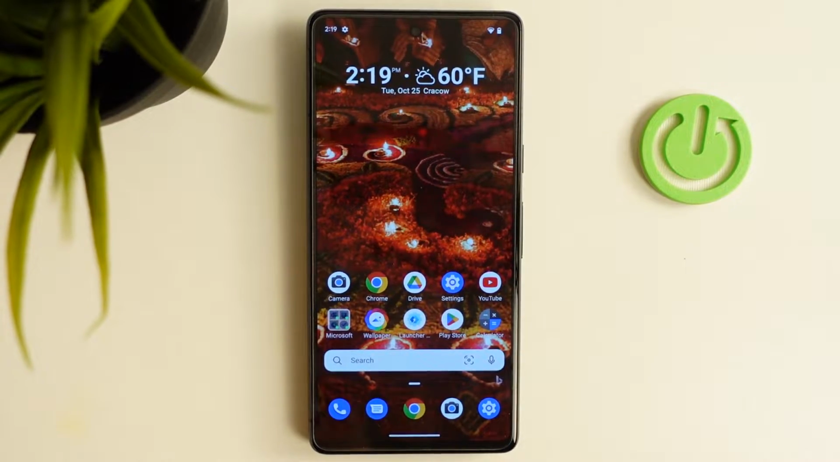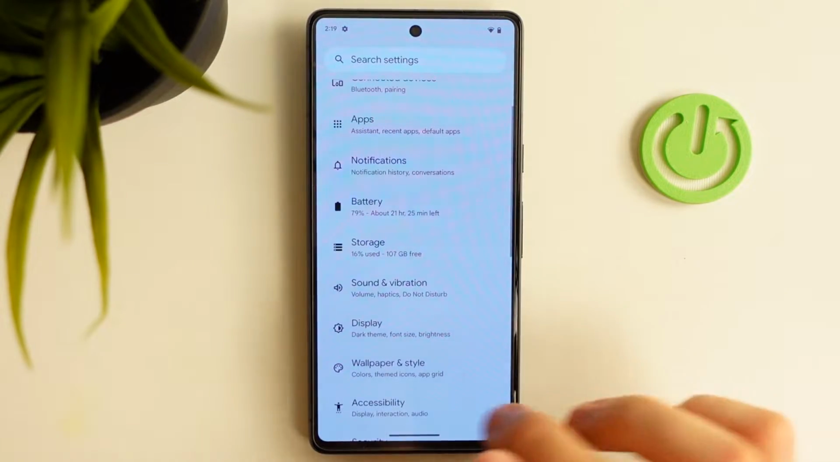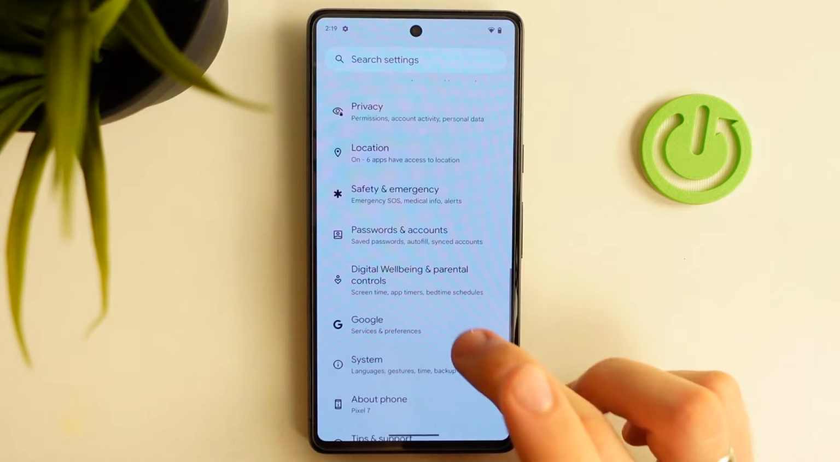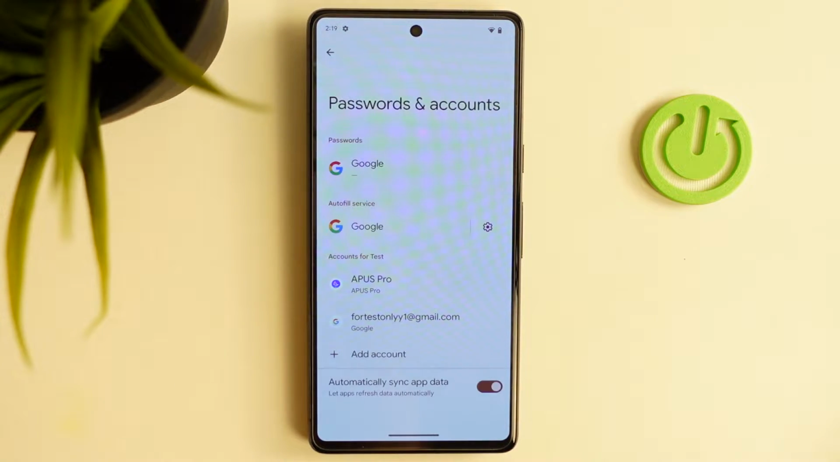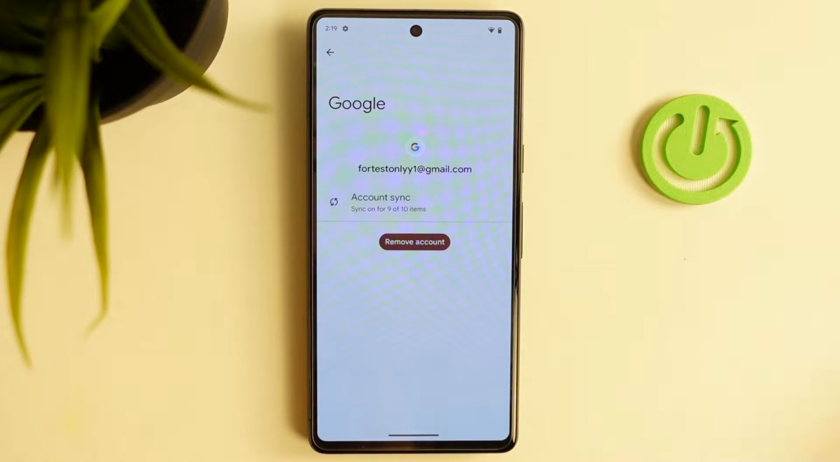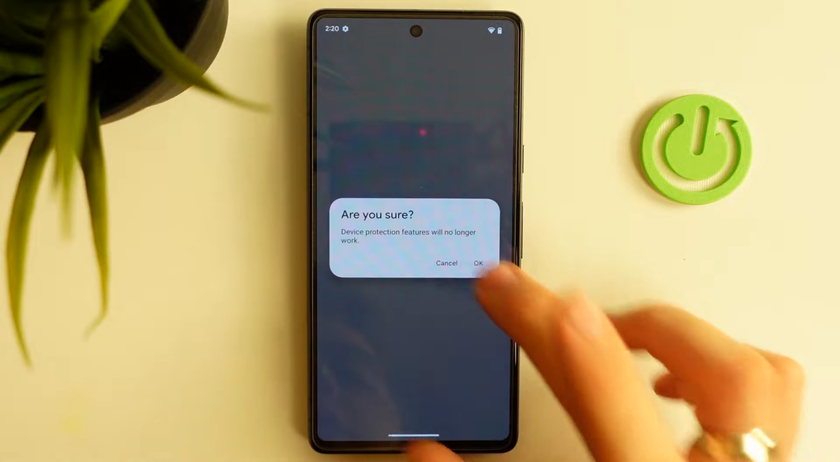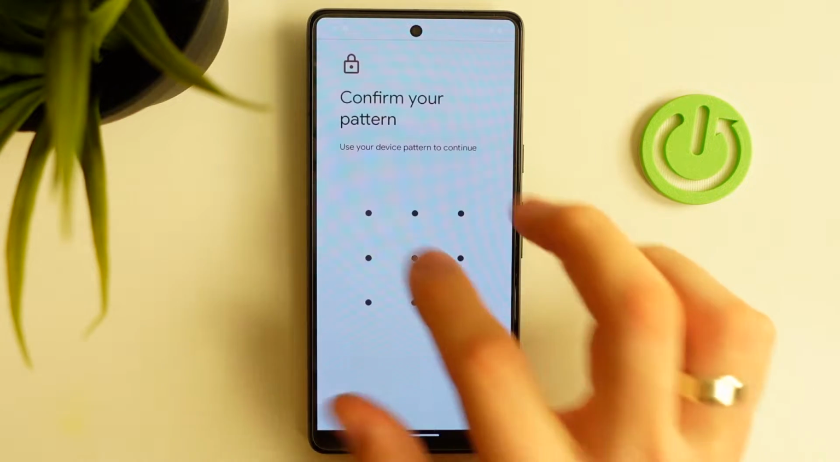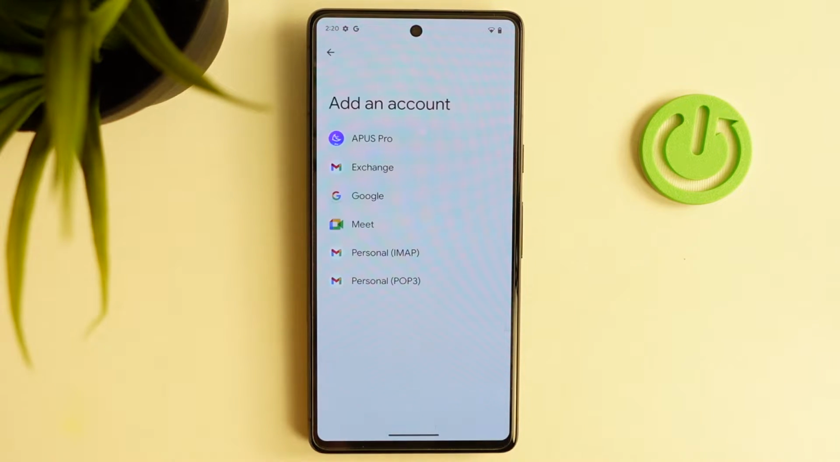Okay, firstly you need to log out of all Google accounts on the child's device. So open settings, then scroll down, choose passwords and accounts, find the Google account and click remove account. Don't be afraid. If you remove the account only on this device, the Google account will not be removed from the Google system. So okay, remove the child's Google account and now add the child's Google account again with a password that only you will